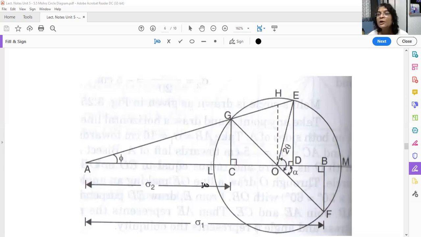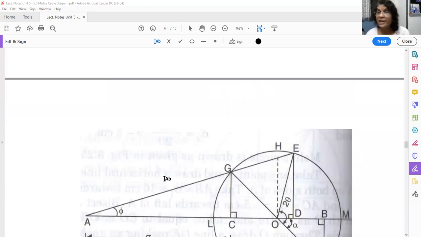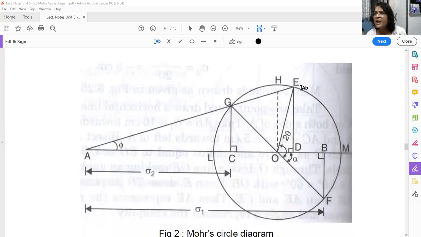Now we have finished the theory of Mohr's circle. In the next lecture, we are going to solve 3 problems on the Mohr's circle. Today you may have understood, maybe not 100%, but I'm sure when we solve the problems, using this same diagram, you will definitely understand everything. We are going to solve all 3 problems by the analytical method and also by the graphical method. Thank you very much.